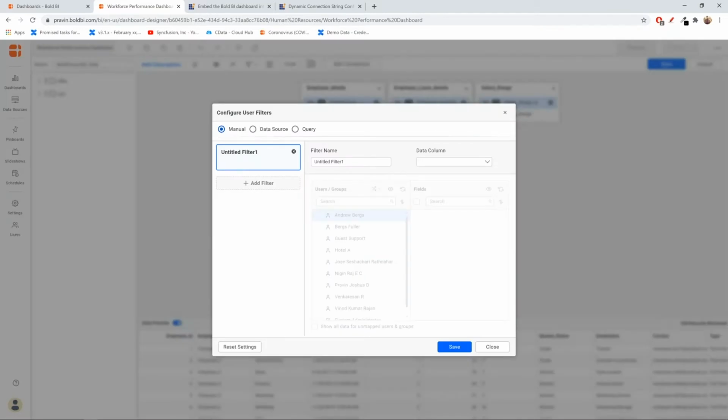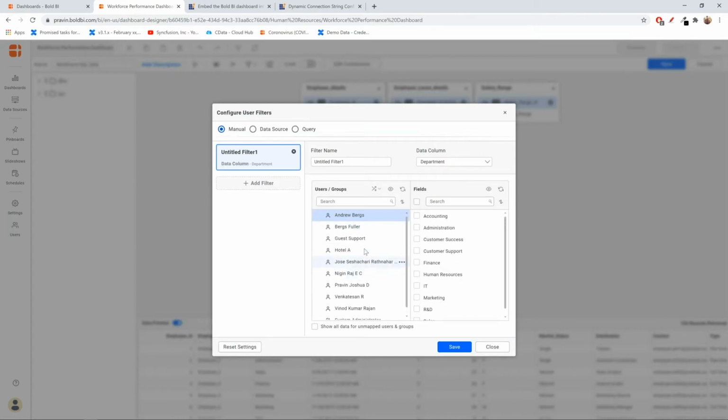Okay. So we have three different options: manual, data source, and query. The manual use case comes when you have only a fixed set of users or for a very small use case. Okay. And over the left side, you could see the list of users in the application. It will be enabled when you choose a column. So in our data source, we are going to apply permission based upon the department. Okay. I'm just going to take the first two users here. I have a number of users already added in my application, and also I have a group.